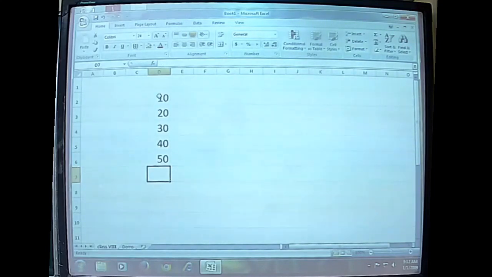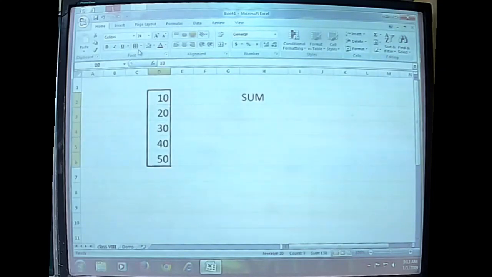Suppose the range of this cell remains D2 to D6. So this is actually a combination of the cells D2 to D6. Now there are various functions that can be used here. We will examine each of the functions in detail. First of all, we are going to learn the sum function. And don't forget our combination of values here will be from D2 to D6. So that is our combination.